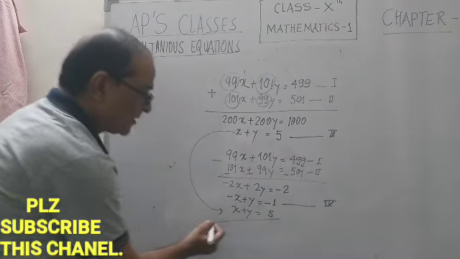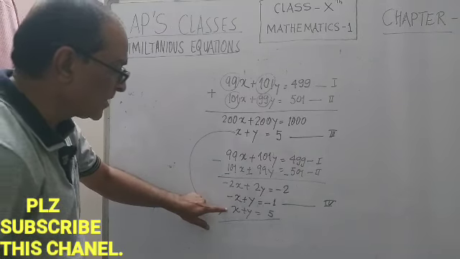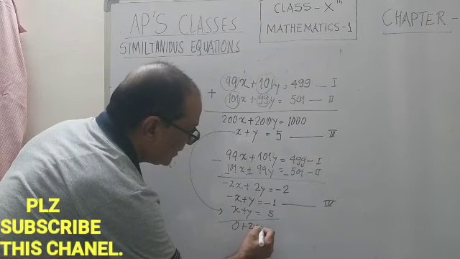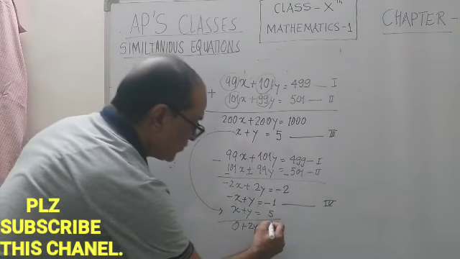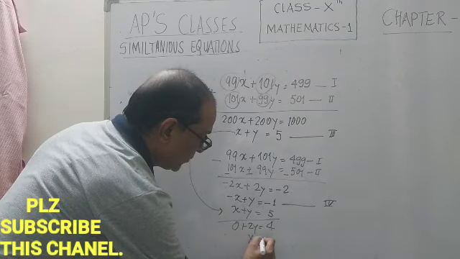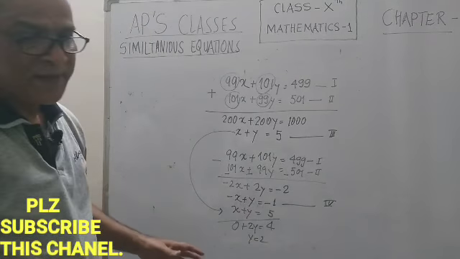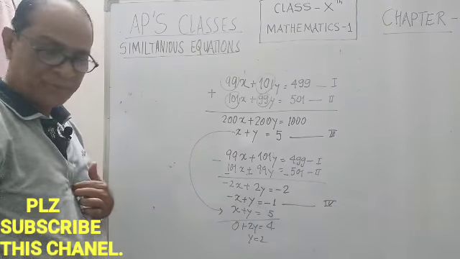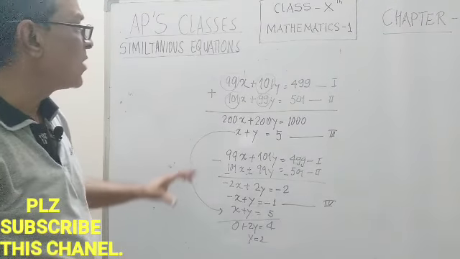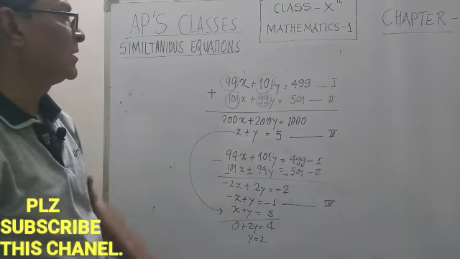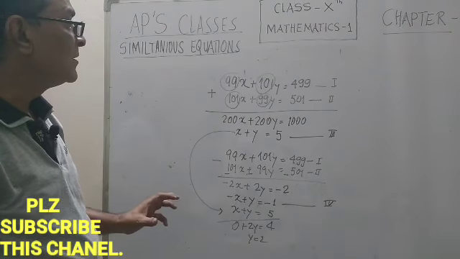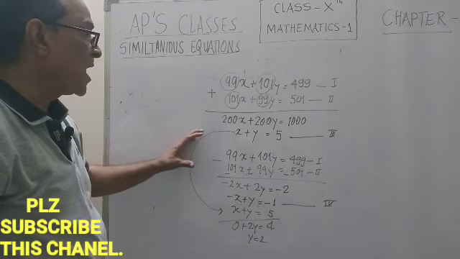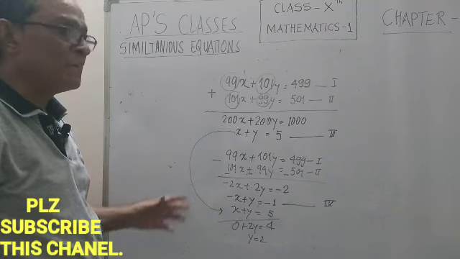You need to add now. Minus x plus x is 0. y plus y, 2y, is equal to 5 minus 1, that is 4. So y is equal to 2. And the value of x you can calculate on your own, the way I have shown here. So it was not so difficult as we were thinking looking at this. At first glance you got confused, but when you find an easier way to solve such equations, it becomes easy.